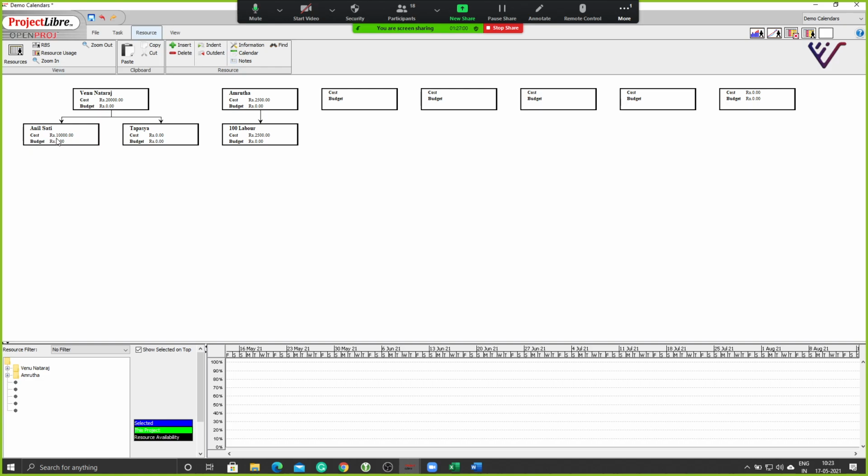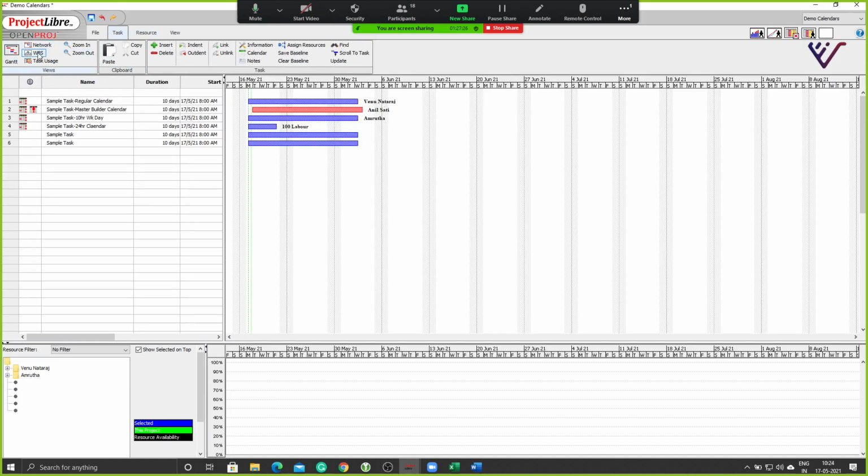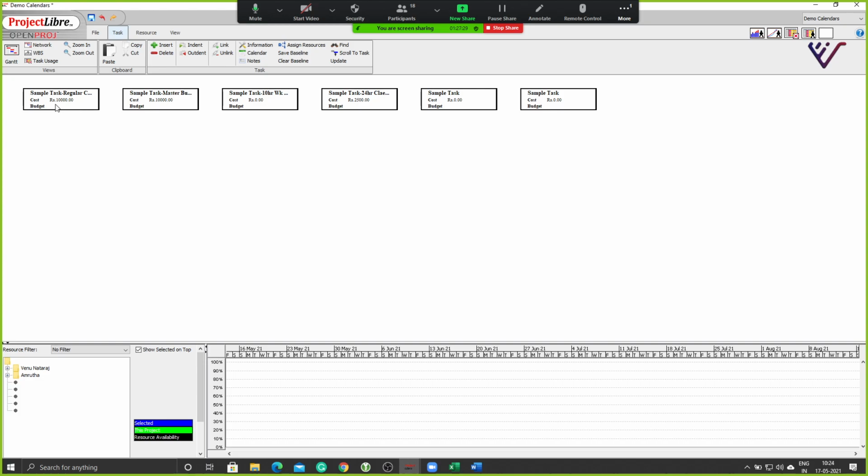See, for now he has been assigned some work in the project and he's costing this much based on the per hour worked, and it's going to roll into me, including my cost. Now the 100 labor is going to cost 250 to 2500, and it's going to roll into Amruta's total cost. So you can create cost centers also using this system, using resource breakdown structure. The same will affect your WBS as well. You see now the cost is getting added.